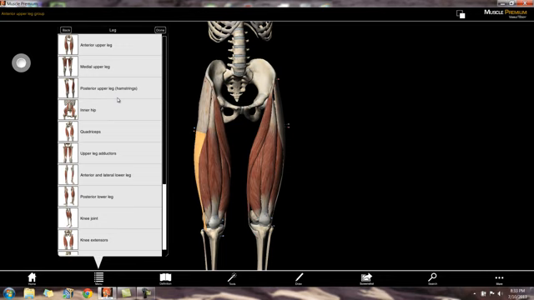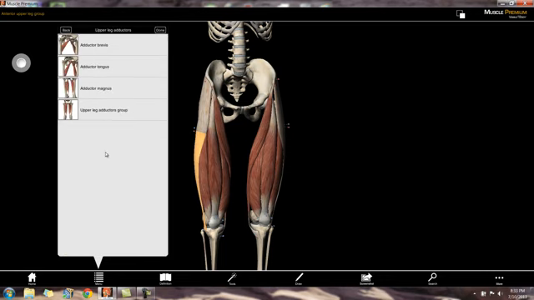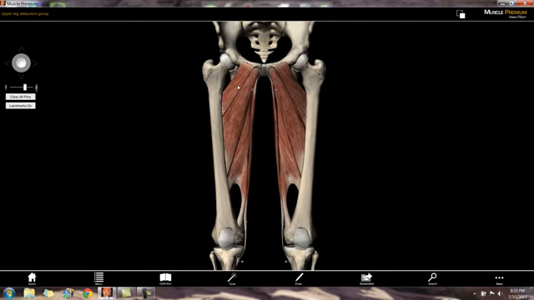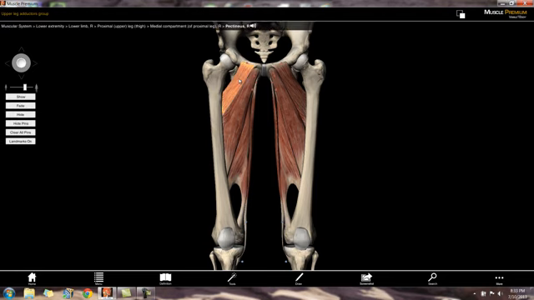So let's take a look at the adductors, and what we want to look at with the adductors is this whole group of muscles along the inside. Sometimes these are referred to as part of your groin muscles. Pectineus is the superior-most,